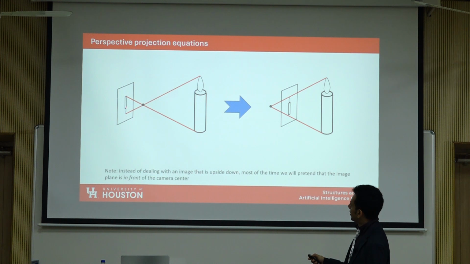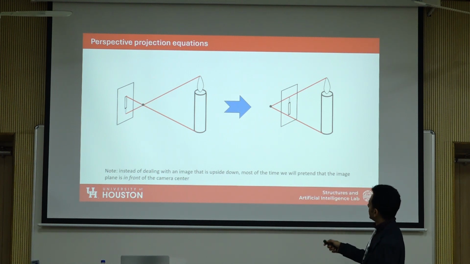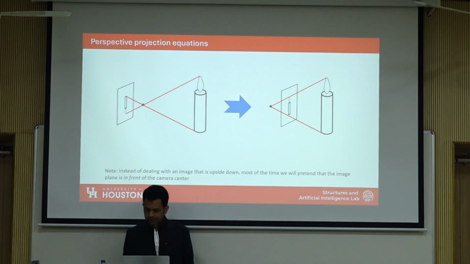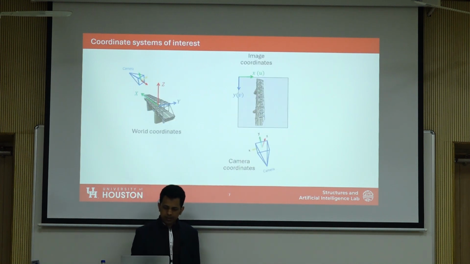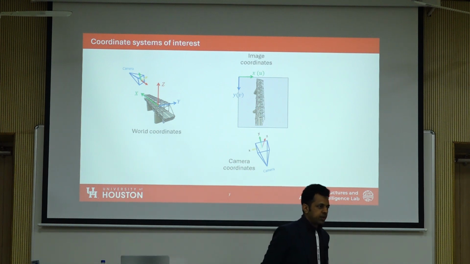But for convenience sake, we represent the image plane on the other side, right? And then we erect it vertically, right side up. And everything is still valid, right? It's the same. This triangle is the same as that triangle, but it's just more convenient. So we'll use this representation from time to time. Okay. So now we can define